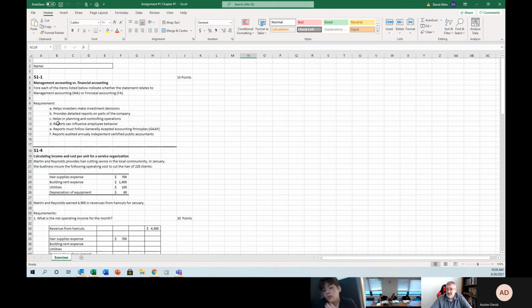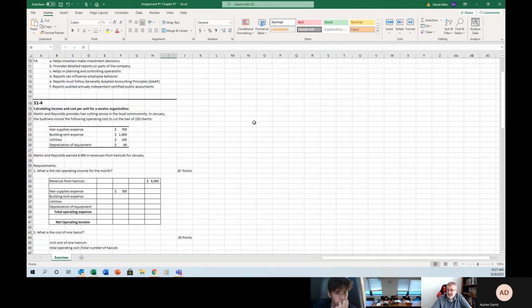So let's do the first one together. Helps investors make investment decisions. So is it a financial or a managerial account? Financial. Okay. You're just going to put FA out there for financial accounting. Easy enough? Okay. You guys can see what I'm doing, right? Yeah. Okay. So you're just going to go down and answer each one of those. Okay. And then for